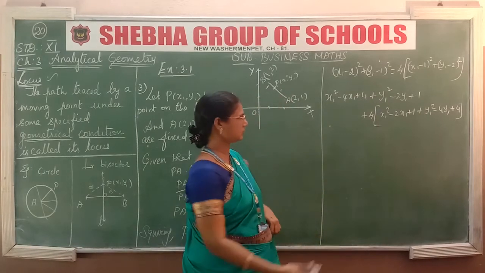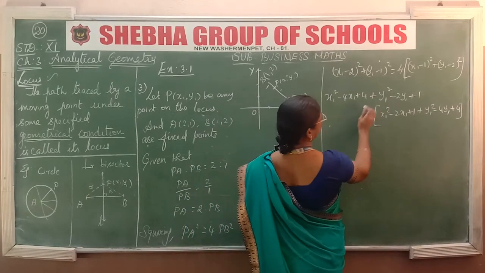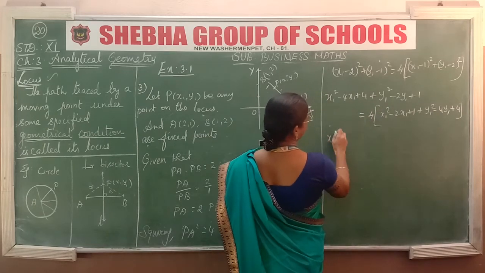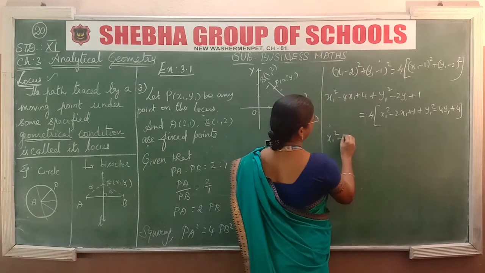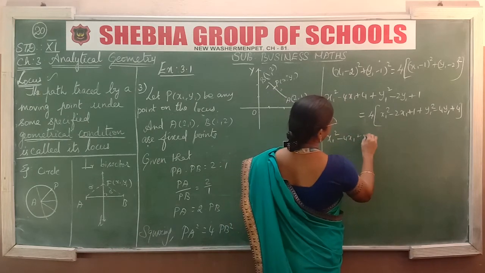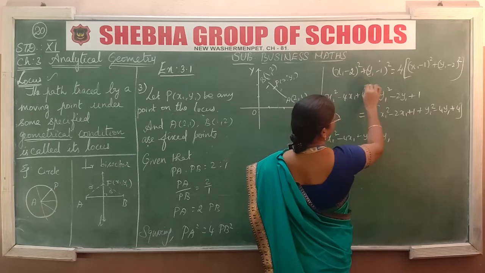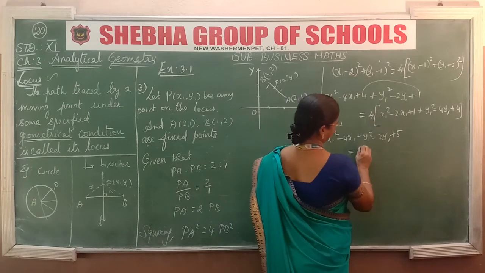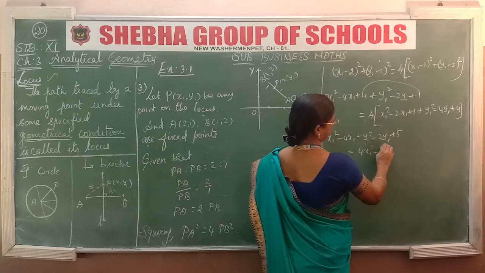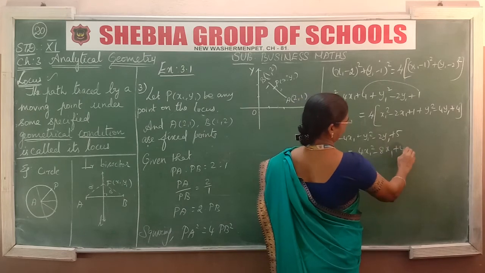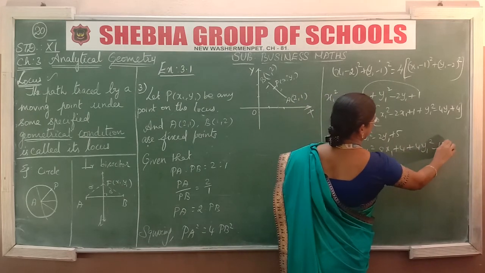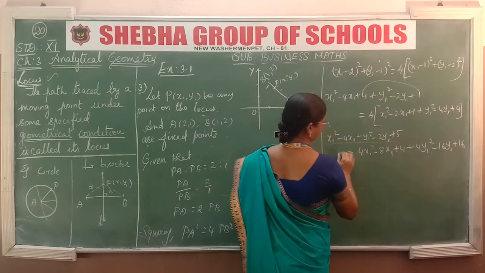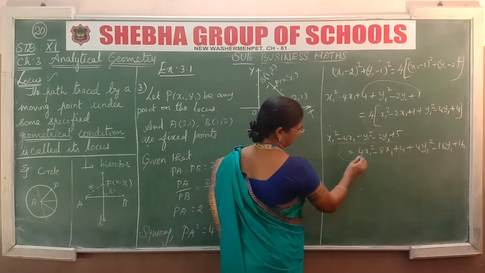Understood this? Next, multiplying 4 inside, we get x1² − 4x1 + y1² − 2y1, adding these two we get plus 5. This is equal to, multiply by 4, we get 4 into x1² − 8x1 + 4 + 4y1² − 16y1 + 16. Now bring all these terms to the right hand side, we get 4x1²,